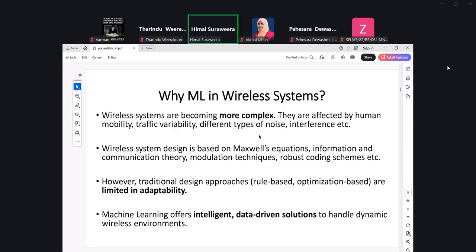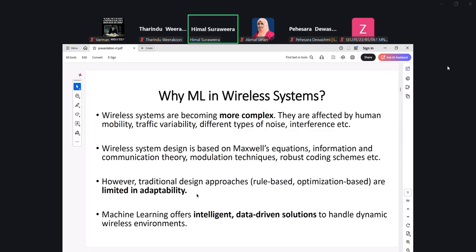Of course, it doesn't imply that the current systems have failed. Current systems function based on, for example, classical Maxwell equations, information and communication theory, modulation techniques, as well as robust coding schemes, etc. But these techniques tend to show certain limitations because of the complexities involved in the emerging wireless systems.